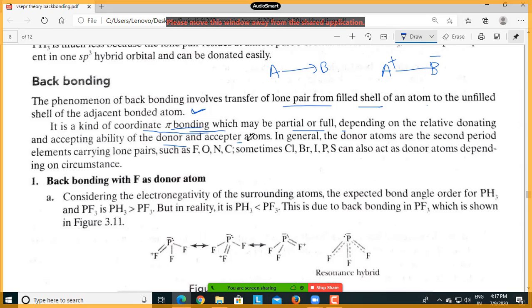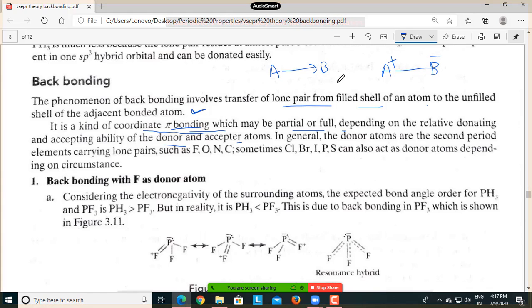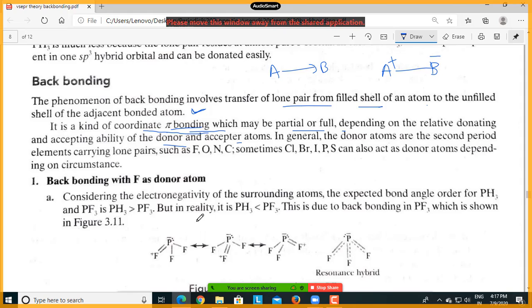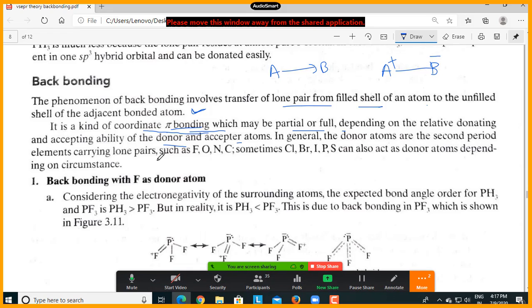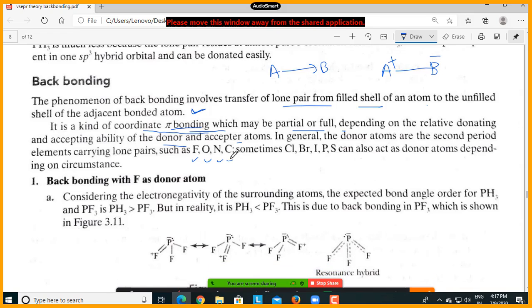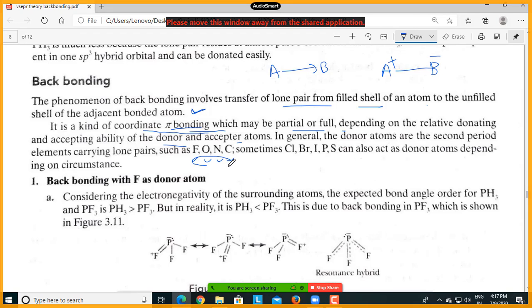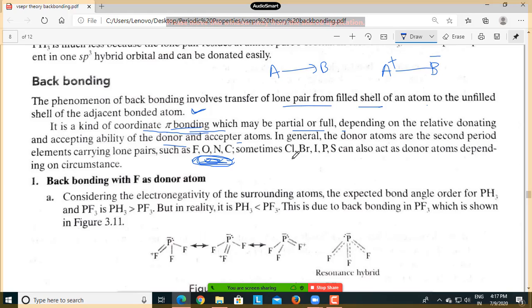Sometimes, rarely we have this also. Okay, एक्सेप्टर कोई भी हो सकता है, लेकिन उसमें वैकेंट p या वैकेंट d ऑर्बिटल होना चाहिए। तो बैक बॉन्डिंग दो टाइप की है। बैक बॉन्डिंग।